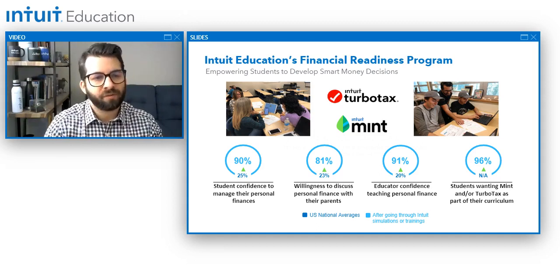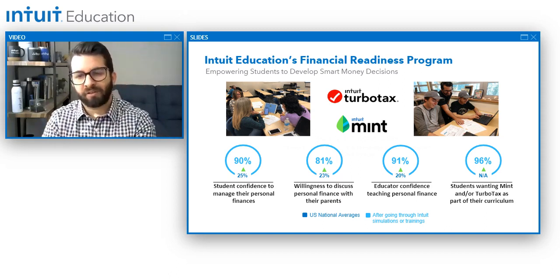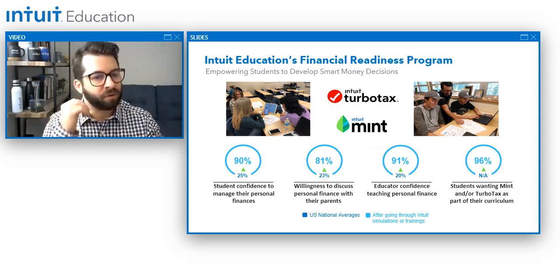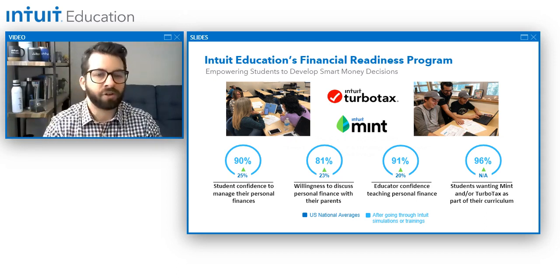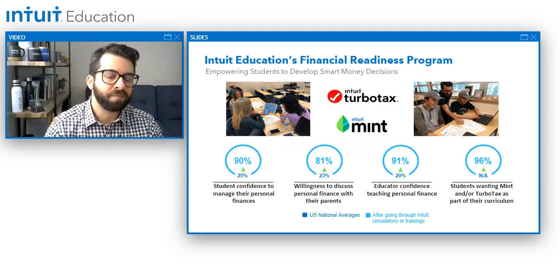So obviously something that's very important is knowledge gain. And this is something that, whether you take a pre-test, you go through the simulations, you take a post-test, and then you get to see the difference from the students. But one thing that we really wanted to solve for, knowing that we're bringing real world tools to the classroom,